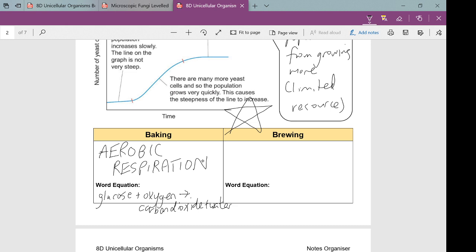And then when they leave it there, the yeast performs aerobic respiration in the dough, and then it makes the bread rise. What substance is causing that bread to rise? So the yeast is doing something. It's not dead yet. The yeast is doing something to cause the bread to fluff up a bit. Think about the word equation. This is what yeast is,